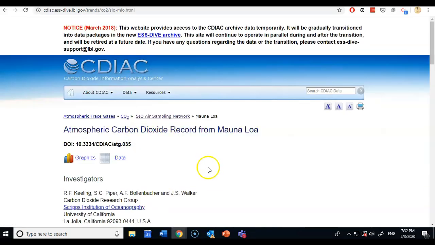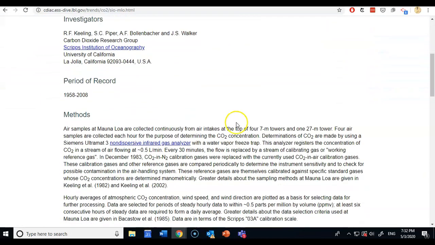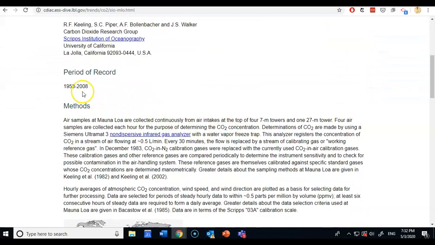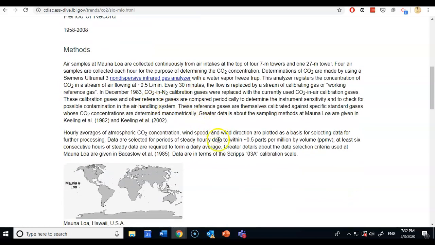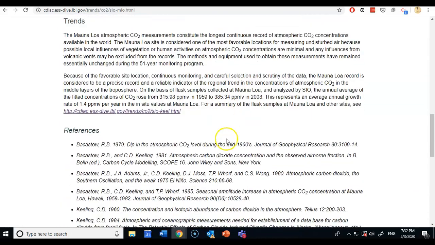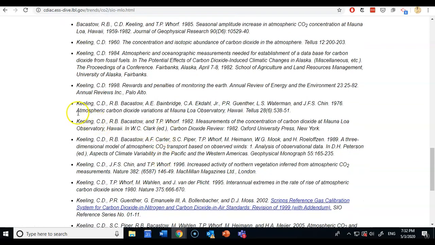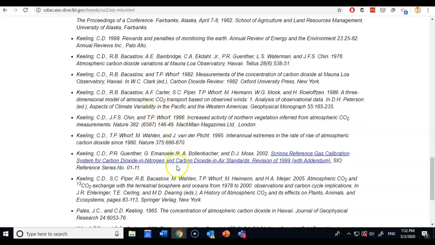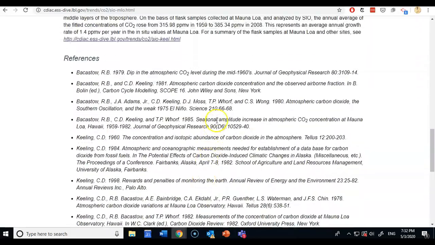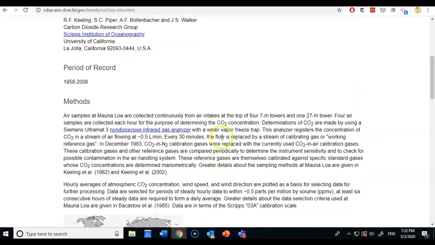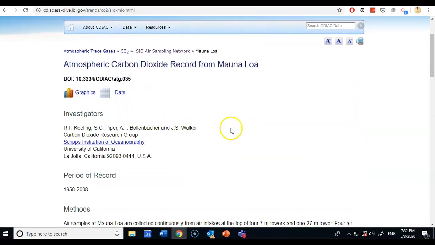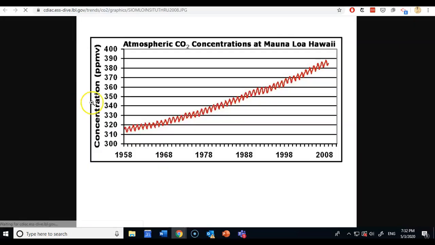Here is the information related to Mauna Loa. The period of record has been from 1958 to 2008. These are the methods and information. It's a lot of things and references, and as you can see, Keeling is one of the main authors related to this article and this information. So if you want to see the graphics, then you click on the graphics. This is how the graphic looks,